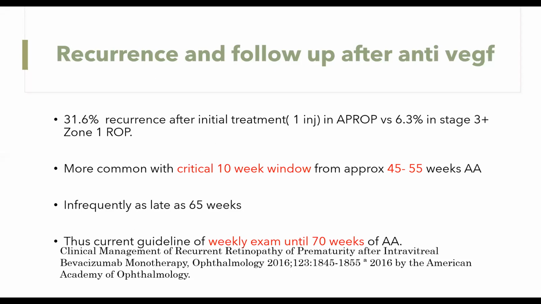Okay, so you need to see the baby every week post injection, so that you don't miss a recurrence, because once you miss a recurrence you are again into the previous mode where you didn't treat the disease. So again there will be a detachment and the baby will go into stage 4. So if you miss a recurrence, the chances of a detachment are very high. Okay, therefore you need to see a baby every week till there is full vascularization, or you do a second treatment and the disease regresses. Okay?